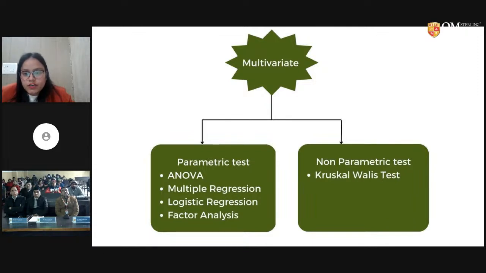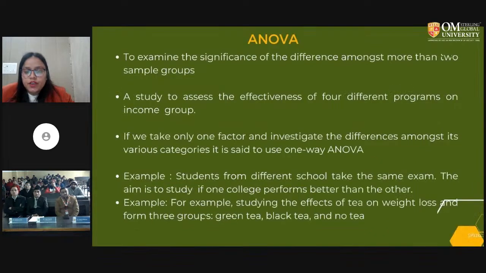So I'm going to cover some of these tests because describing them will take a lot of time. So I have taken some important techniques that I'm going to discuss in detail. Next slide, please. So first, we are going to talk about the ANOVA method. ANOVA method is,